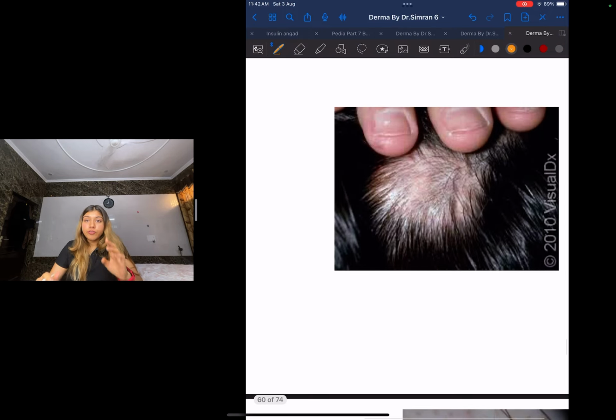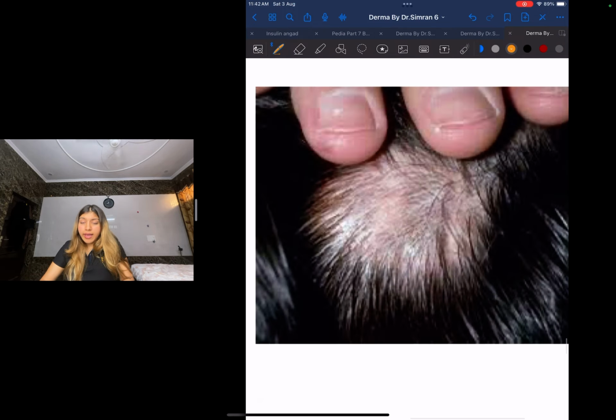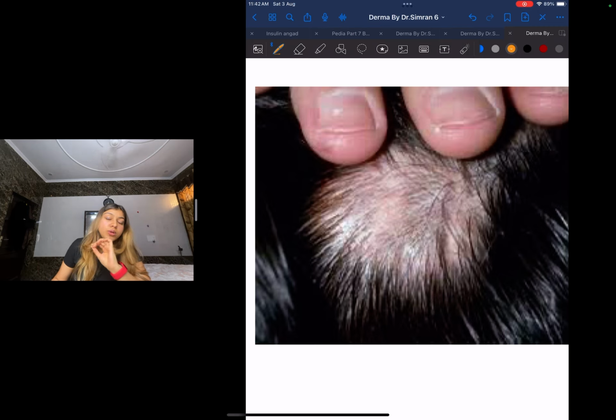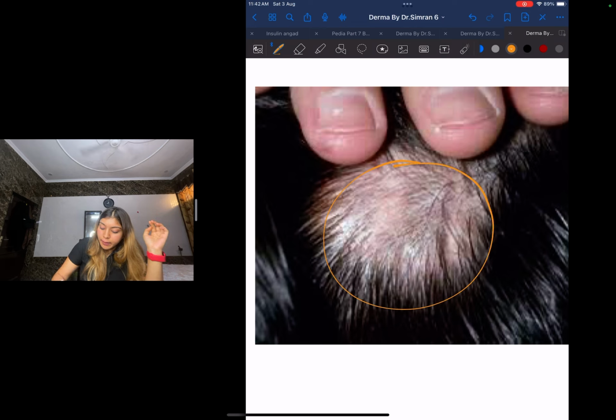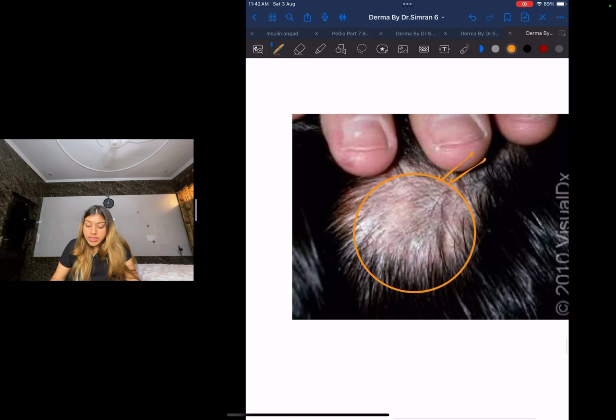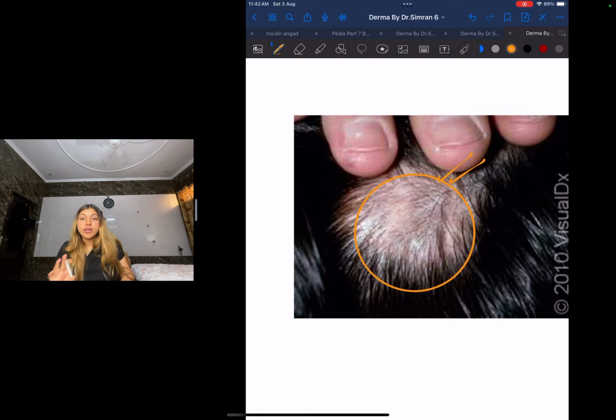Now, guys, about the features, I want you to look at the image. Everything about dermatology is crystal clear. You can see it in the image. You just have to analyze and understand. Nothing is there that you have to sit and mug up. If you know what the word means, you will be able to solve the question. Now tell me, this looks like a well-defined patch, right? It is smooth, and you will see complete hair loss in this particular patch. This was all told to me with the help of this image.